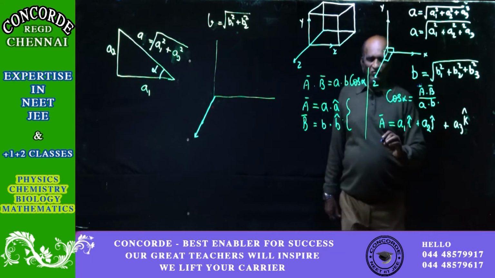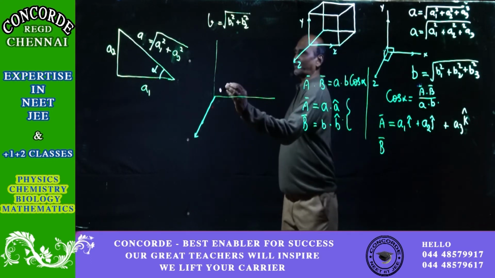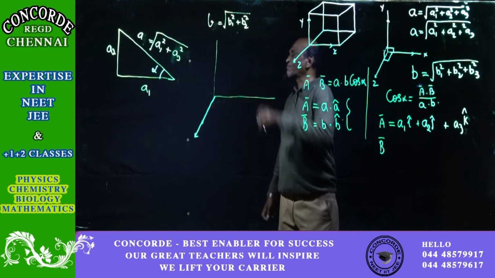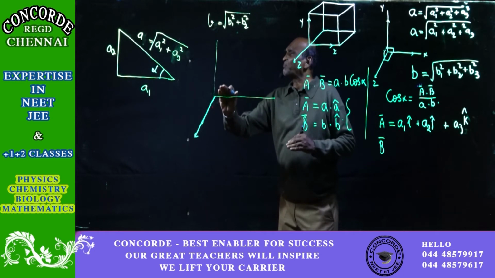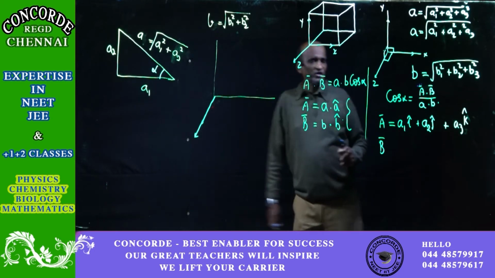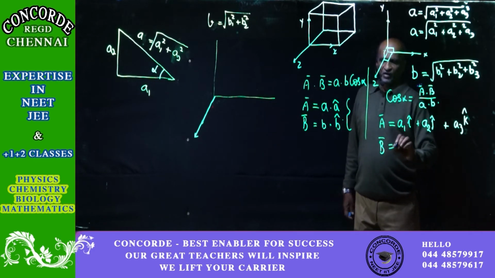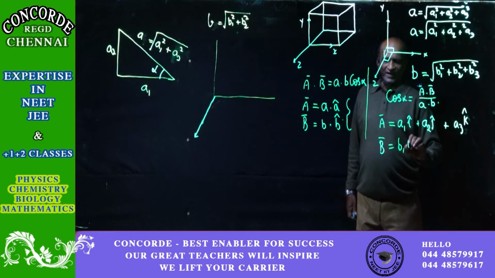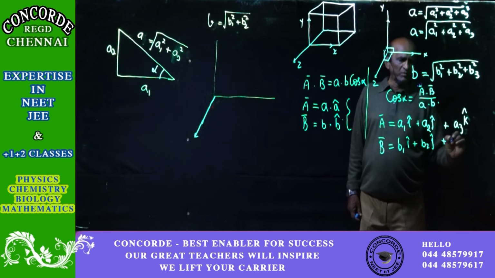Like that, let B bar be another vector. So this is B bar, another vector, B1, B2 and B3. So instead of now taking only the magnitudes B1, B2, B3, show the direction also, because vectors have direction and we are going to find out the value of the vector. So this will be B1 in the I direction plus B2 in the j direction plus B3 in the k direction.